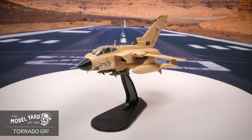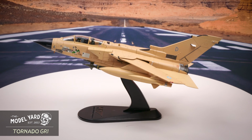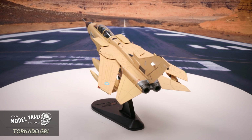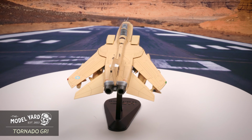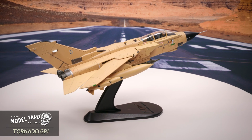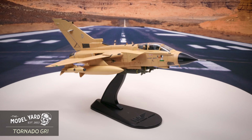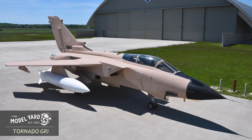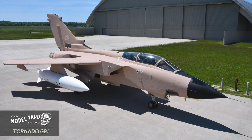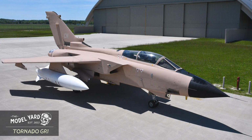This specific fighter served in the No. 31 Squadron under the identification ZD-790, which served with the leading squad of the entire Tornado GR1 force. ZD-790 was officially put in service in late 1984 and served active duty for the UK until 2019, when all of the Tornadoes were retired and reserved for training duties. This specific plane, nicknamed Debbie as shown, has a similar paint scheme to the National Air Force Museum's own Tornado GR1,